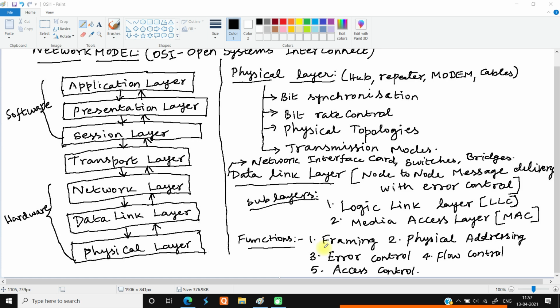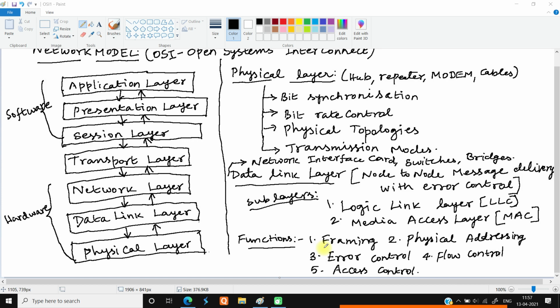Error control. So the common errors that are going to be taken in the communications are going to be parity error, CRC error, and so on. So those kind of errors can be controlled, and if the error persists in the network, then that particular error message has to be repeatedly sent, and the error should be confined into the particular network itself. So that kind of error control is going to be taken in the data link layer.